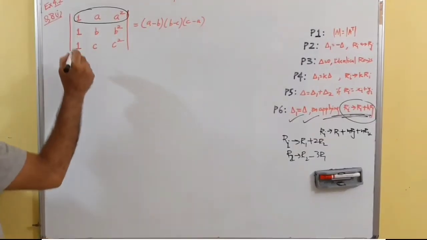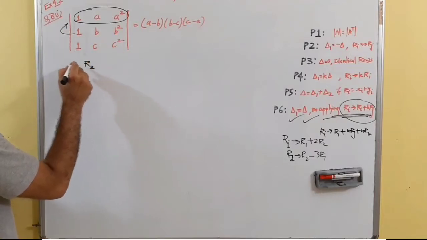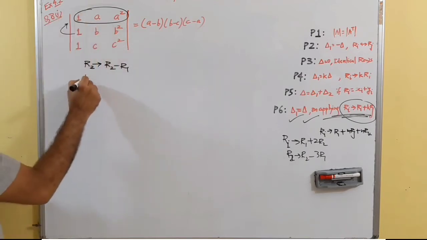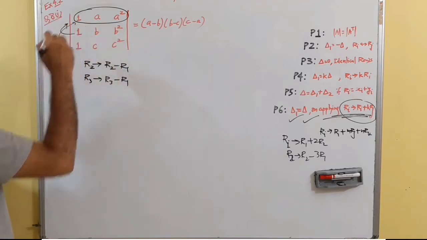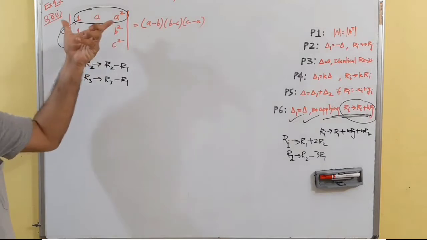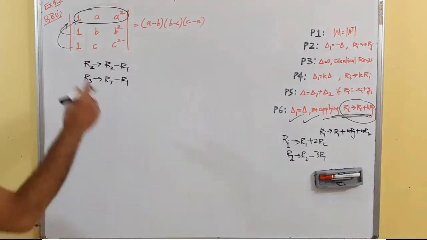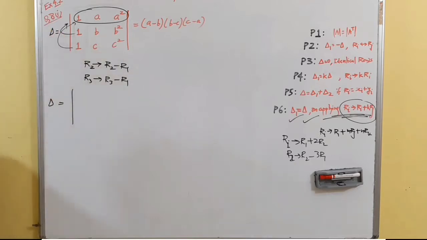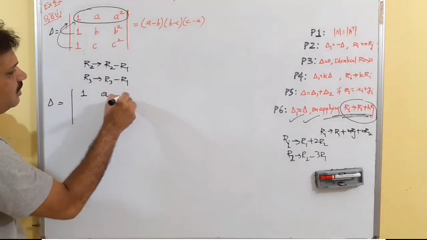Let's try this question. If I subtract the first row from the second, that is, if I make the transform R2 becomes R2 minus R1, then 1 minus 1 is 0, and R3 becomes R3 minus R1, 1 minus 1 is 0. What we have done is, we have fixed one row so that it is unaltered, and in the other two rows we are trying to make two zeros, right? So what happens? First of all, we'll name the determinant as delta. So now our delta becomes: R1 is unaltered, that is 1, a square.